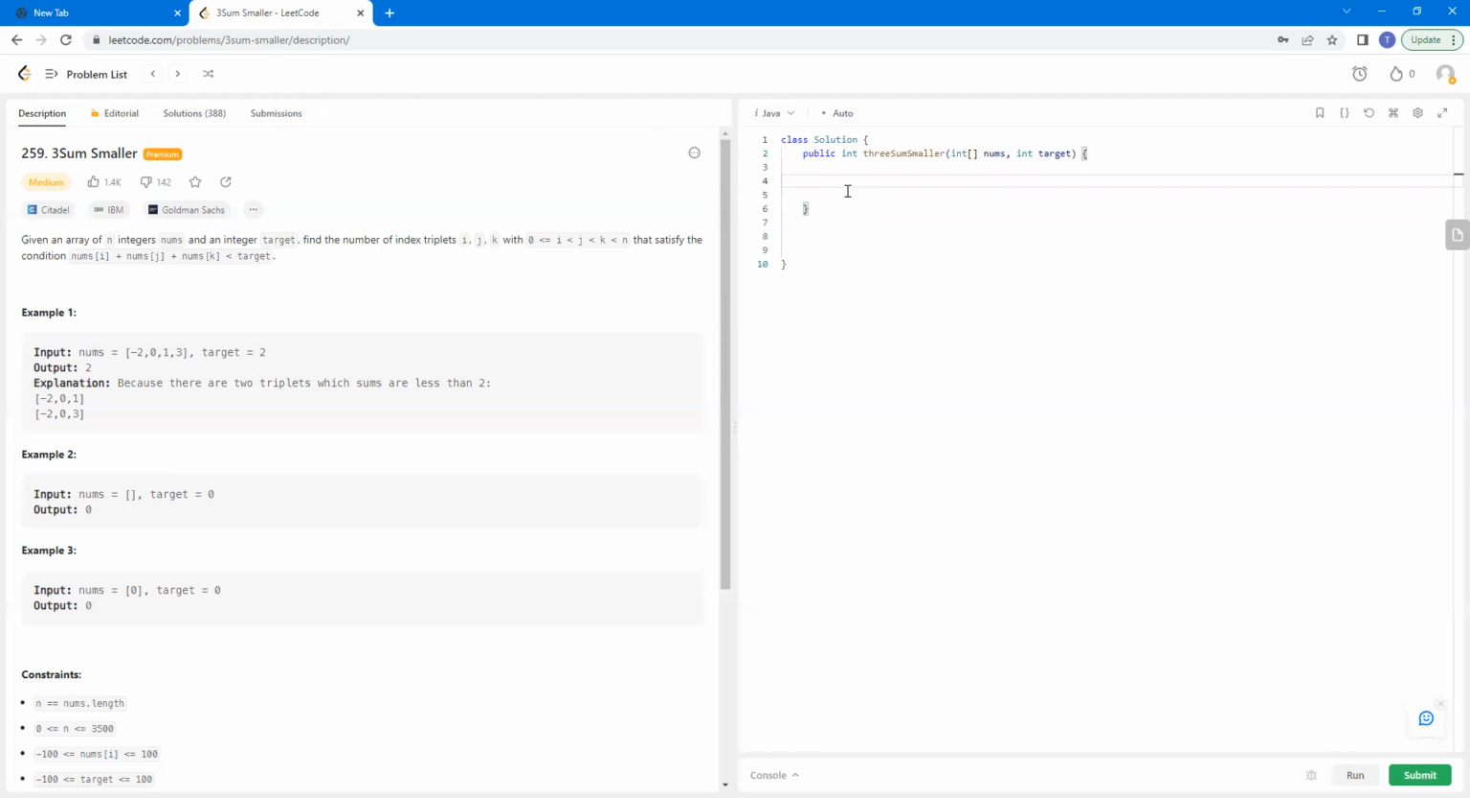So we have to declare an integer, sum or count. You can say count, because I have to count how many triplets there are which are less than target. So let's declare a variable that will store that, and then I will just have one loop, with i equal to 0, and i less than nums.length